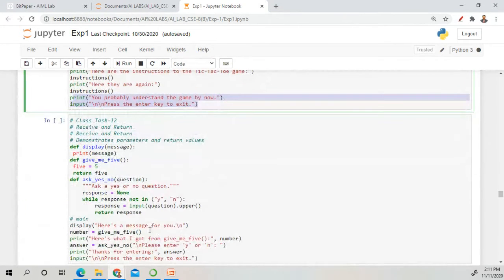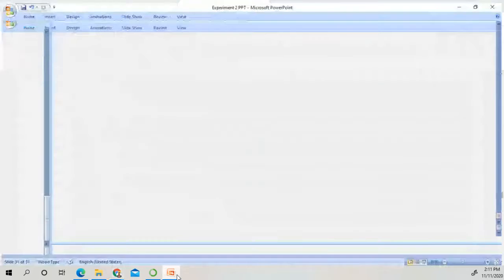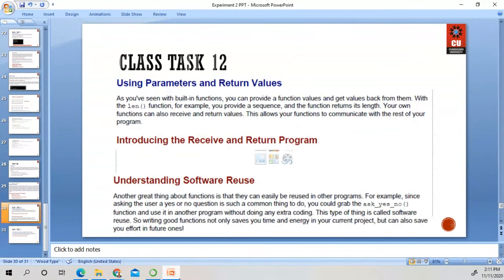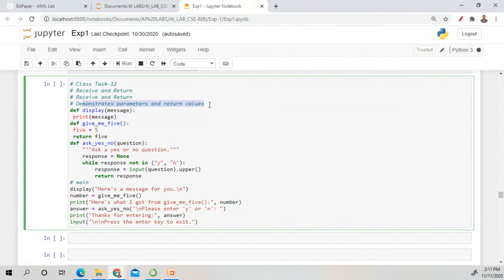So can we move further? Task number 12. This is the next task we have seen. In this task, we have to demonstrate the parameters and return value. We have seen how to use these parameters. So we have created this display function, and in this display function we are passing a parameter as a message, and then we are printing that parameter value right here, message.